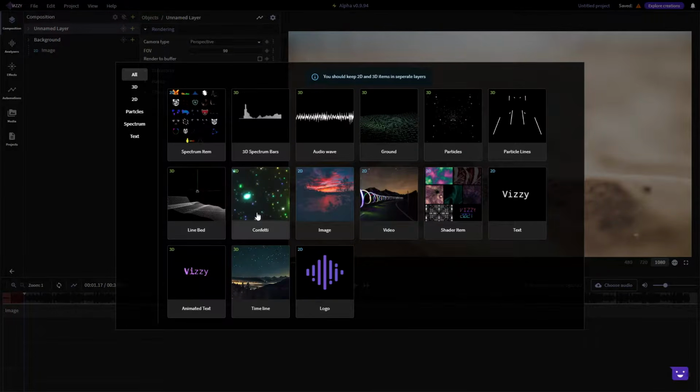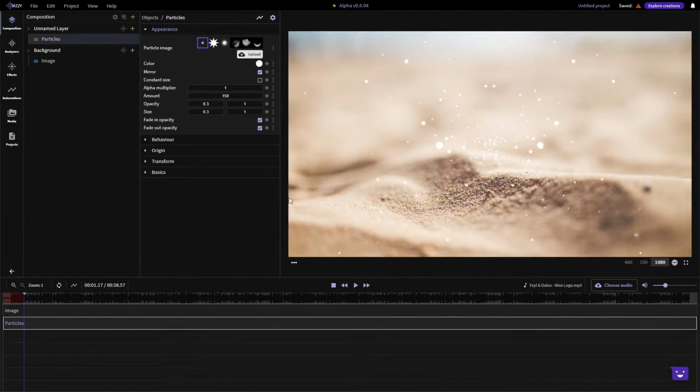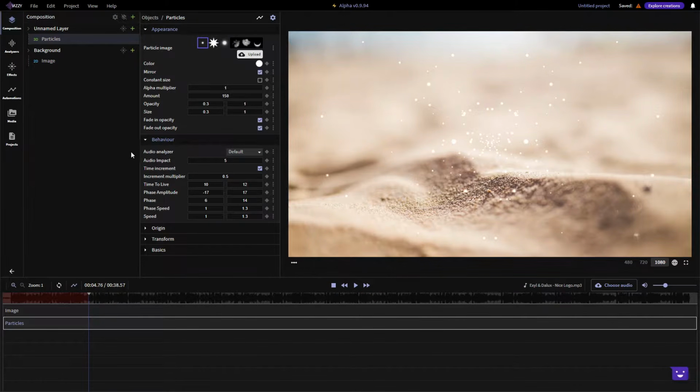Let's see. Let's use these. So these are regular particles. They look kind of like Trap Nation's particles. As you can see, they're already reacting to the audio. So let's just change the settings a bit. To change settings, you drag along this text field. You can also use these buttons for more fine adjustment, or you can click on it and type your own value. That's a bit too much, so let's do 4 and let's slow them down.